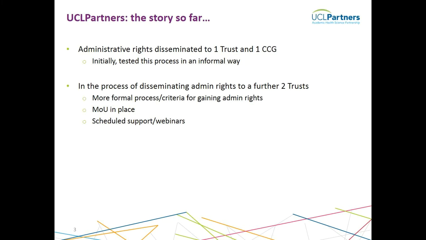One had breached the 500 user license limit that UCL Partners provides. So it was key that we move things along for them a bit sooner. And the second one is approaching 500 now, so that's why we've delayed that a little bit to test out things with the initial trust first. But they're both quite high users, so in terms of looking at that user list, it was important that we worked with them on the admin side of things as well. And we've also scheduled some support, both from myself and with Erica in terms of webinars.